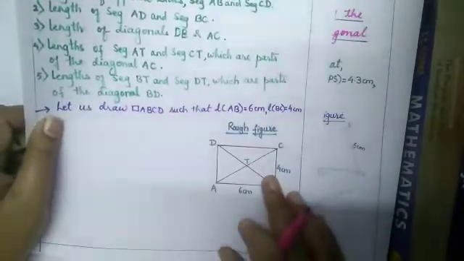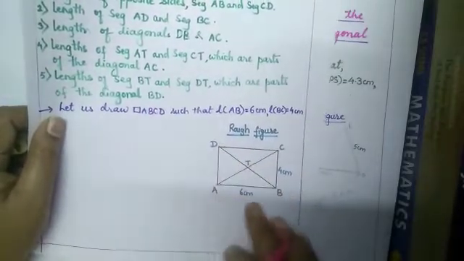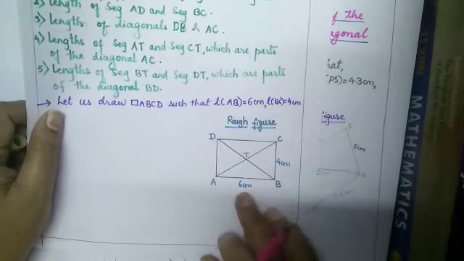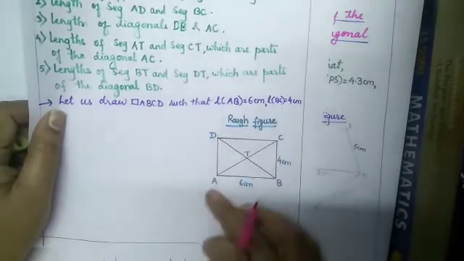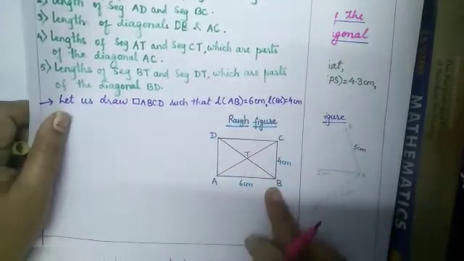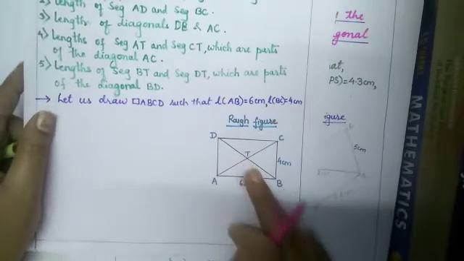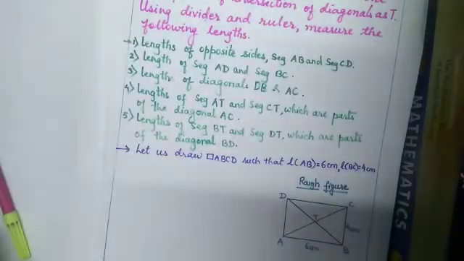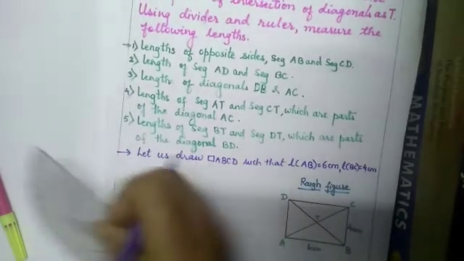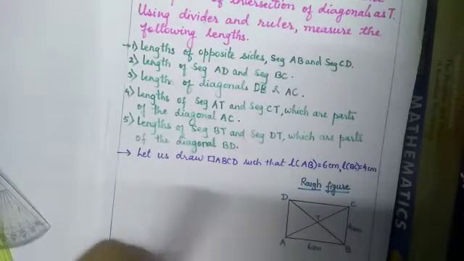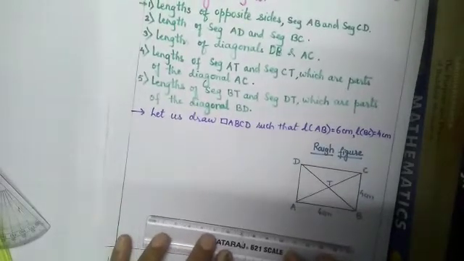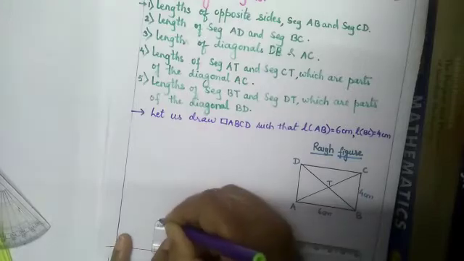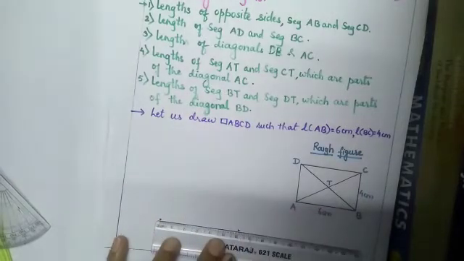So here I have taken one rough figure of a rectangle ABCD. Let us take segment AB as 6 cm and BC as 4 cm, and we will draw the two diagonals AC and BD with the point of intersection as T. So let us construct it. Take a ruler and first draw the length AB. How much measure will you take? AB as 6 cm. So here you will take the exact measurement, AB as 6 cm.